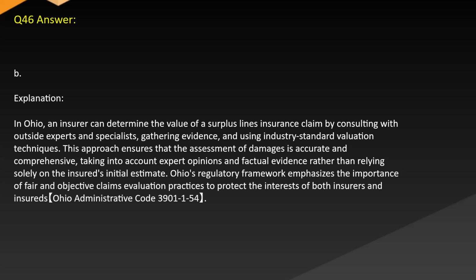Answer: B. Explanation. In Ohio, an insurer can determine the value of a surplus lines insurance claim by consulting with outside experts and specialists, gathering evidence, and using industry-standard valuation techniques. This approach ensures that the assessment of damages is accurate and comprehensive, taking into account expert opinions and factual evidence rather than relying solely on the insured's initial estimate. Ohio's regulatory framework emphasizes the importance of fair and objective claims evaluation practices to protect the interests of both insurers and insureds. Ohio Administrative Code